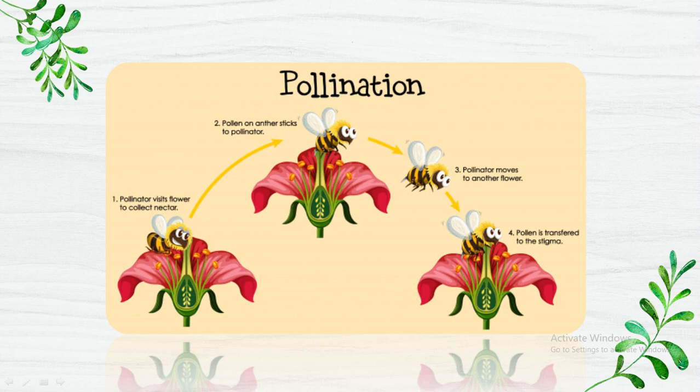So let's discuss each process one by one. Firstly, let's see pollination in detail. In it, pollinators such as bees or butterflies are attracted towards the petals because of their beautiful colors. They sit on them and suck the nectar. In the meanwhile, the pollen attaches to their bodies, and then those insects fly and sit on some other flower. The pollen attached to their bodies will fall on the stigma and stick on it. This is how pollen transfers and pollination occurs.